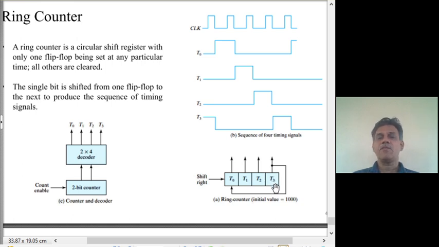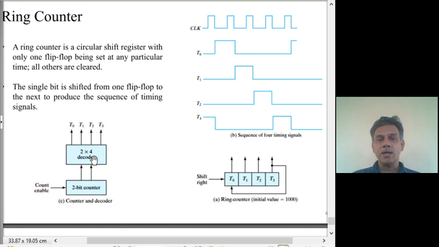You can count the number of gates that are required to realize a T flip-flop. So 4 such things would be required. You can do this exercise. I will just give you a hint. Now look at the complexity of generating the same timing signal using this configuration. Here you need only a 2-bit counter, which means 2 flip-flops are enough. Instead of 4 flip-flops, 2 flip-flops can be used to realize the 2-bit counter. But you need another circuitry, which is a 2 to 4 decoder.